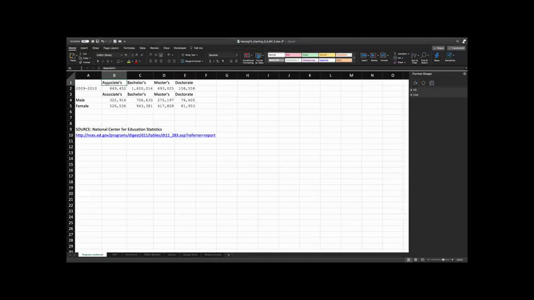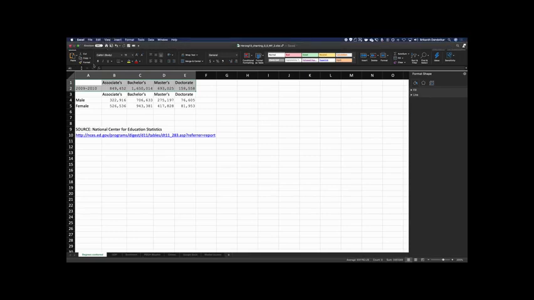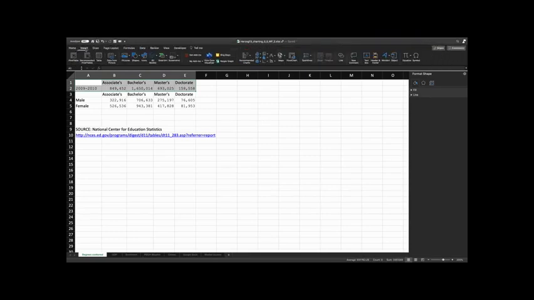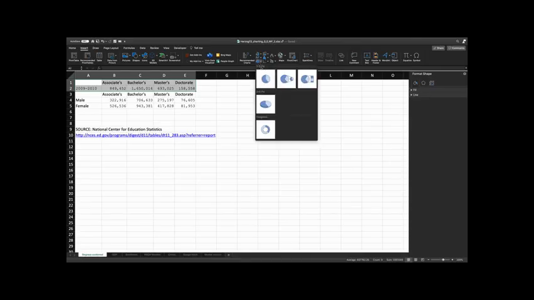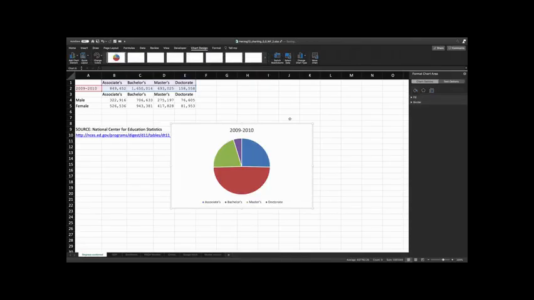For that, you need to select these cells. All right. This is where the data is. Then go to the Insert tab within Excel, go to the chart section, select the pie chart right here, and select the 2D pie option, and voila, there you go. Right now, we can change